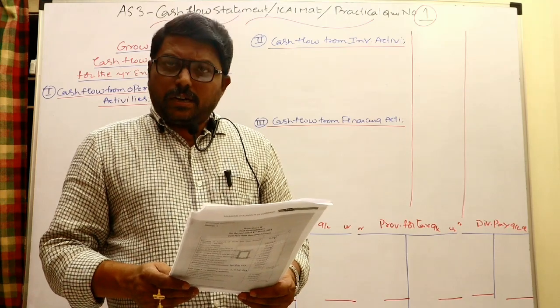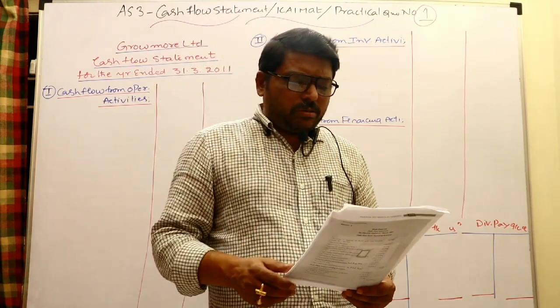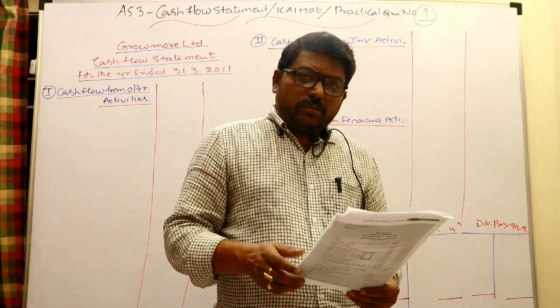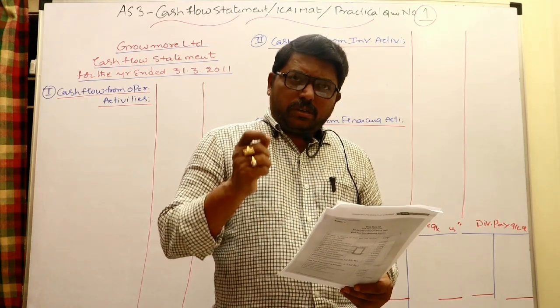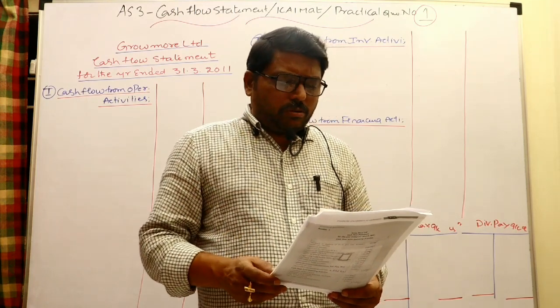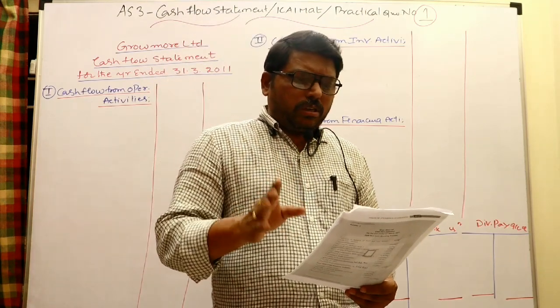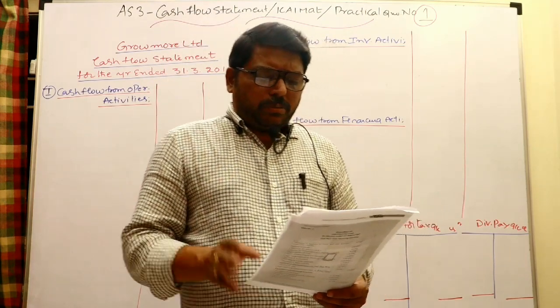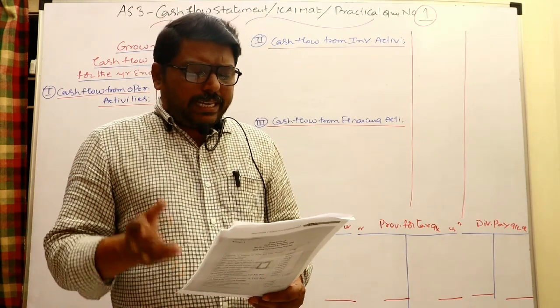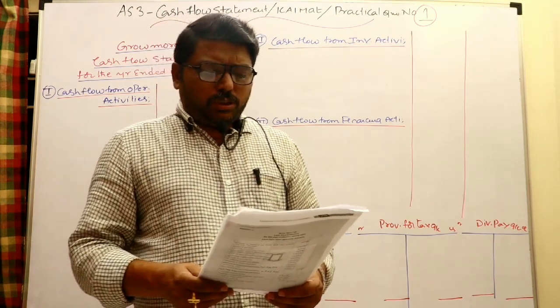Purchase also made at the end of year. Year ending there is some purchase also. The purchase is not given. You can find out the purchase of machine by having a machinery account. But here depreciation they are following normal method, not the provision for depreciation method, just normal method. Income tax paid during this year 50,000.